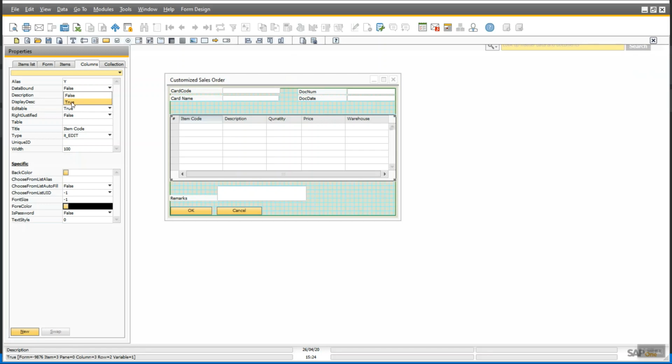For the matrix column, you will get true here, and the table name will be @demo_rdr1.